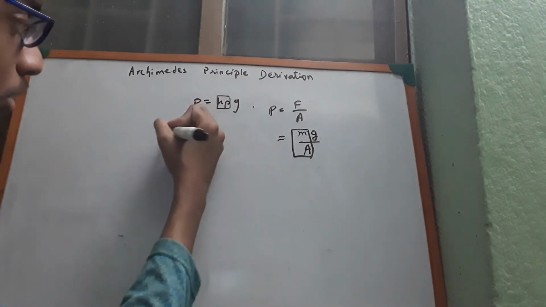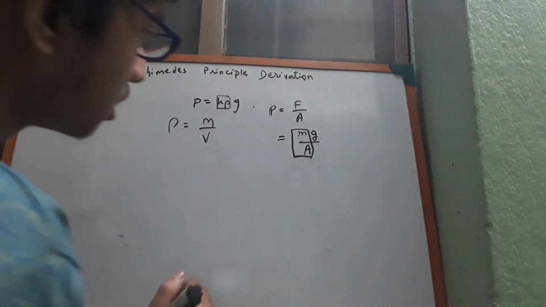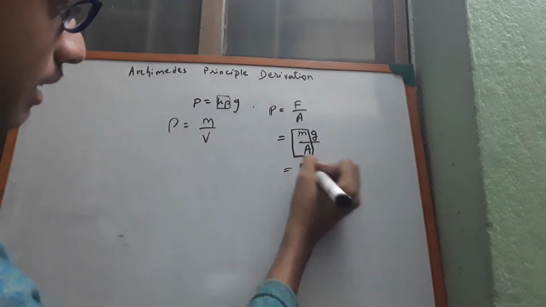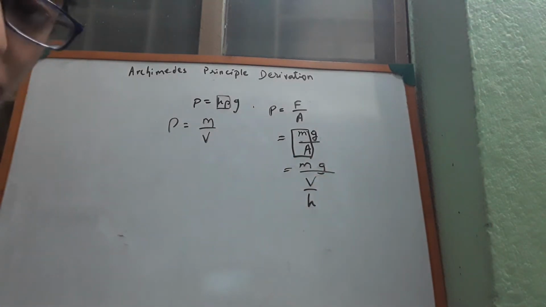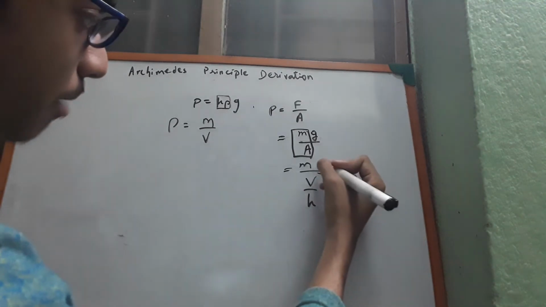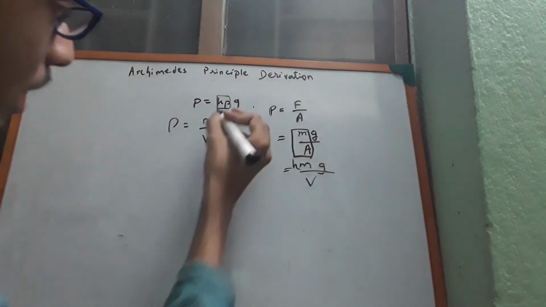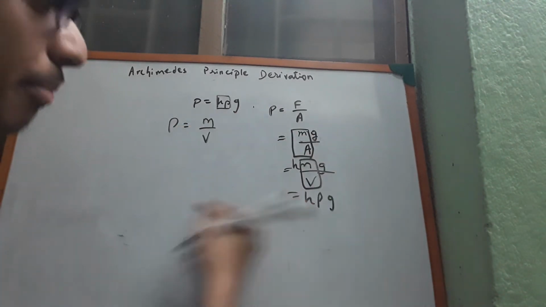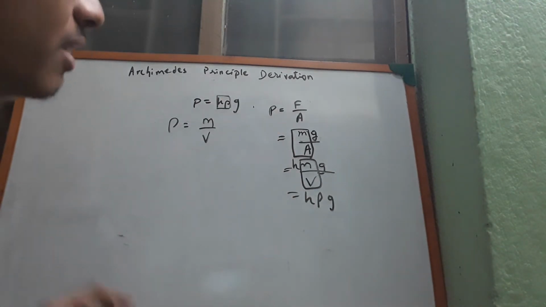Rho is the density, and density is mass by volume, m by v, right? So area is volume over h, the volume by the height is the area. So this h will come here: h mg over v. Now m by v is rho, so that's just h rho g. Simple derivation. You need not just memorize these things. Very simple derivation, very interesting also.